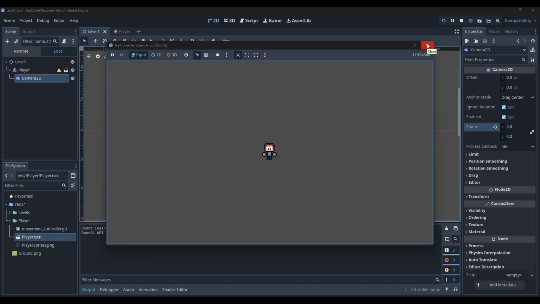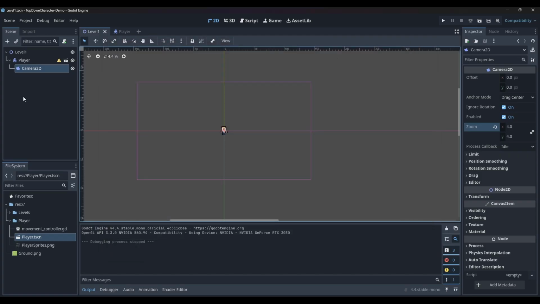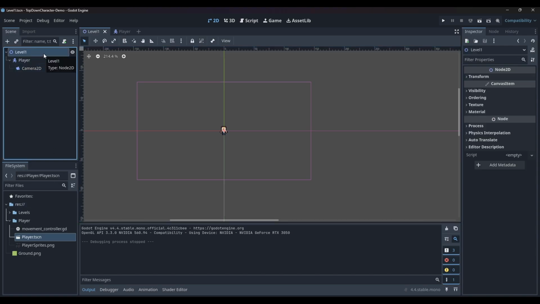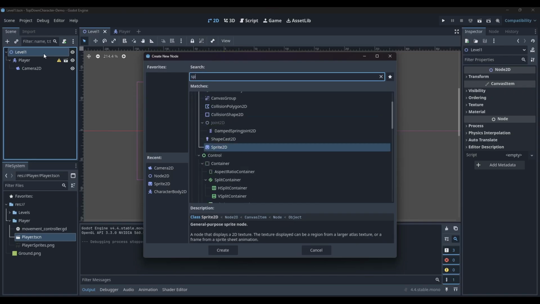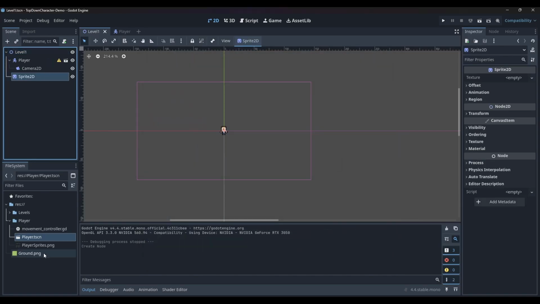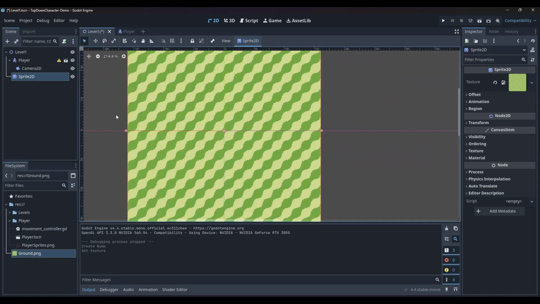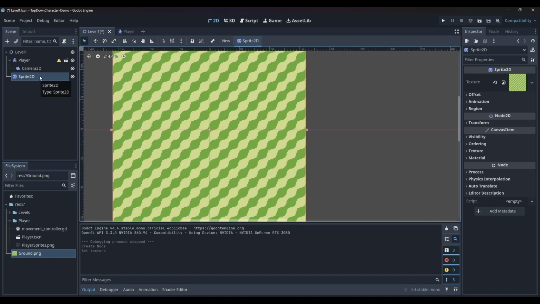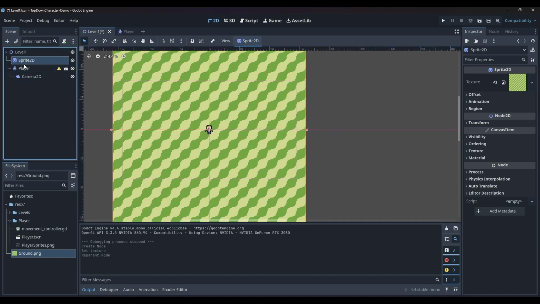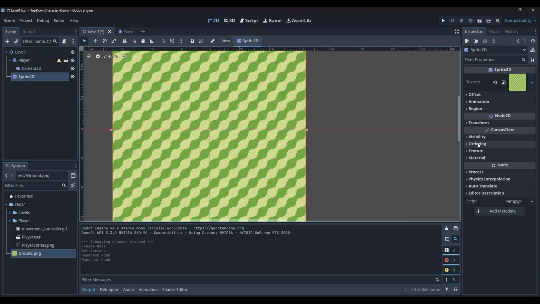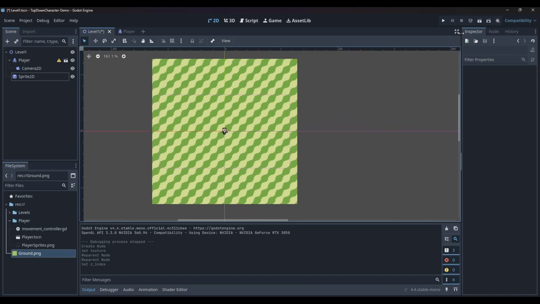So let's exit out a second time. Let's actually add a background so that we can see it moving in reference to other stuff. What we can do is go back to our level. We can create a new node of Sprite 2D. And I'm going to have this ground PNG that I imported as well with my players and put that into this texture. We'll see that it covers our player, but to fix that we can move this on top of our player, or we can also just go over here to ordering and lower the Z index, that way it's below our player. And now if we run our scene,